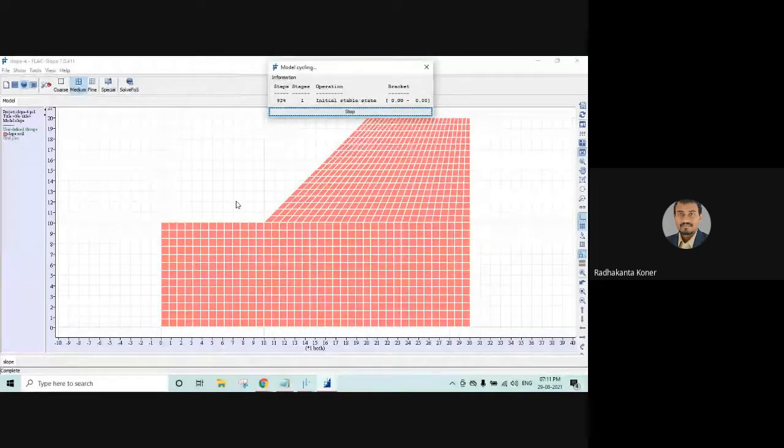So you see there is a bracketed approach. In the bracketed approach, on the left side there is one value, on the right side another value. Both are 0 now. First they will assume the left side value, which is now 0.5, so obviously our factor of safety will come out less than 1. Bracketed approach means, suppose for 0.51, the left side will advance and the right side will go to the left side. In that way, it will try to find the middle path. Finally, at the end of the calculation, it will find the factor of safety, that is the accurate value of the ratio between C and phi. So let's see how much value is coming.